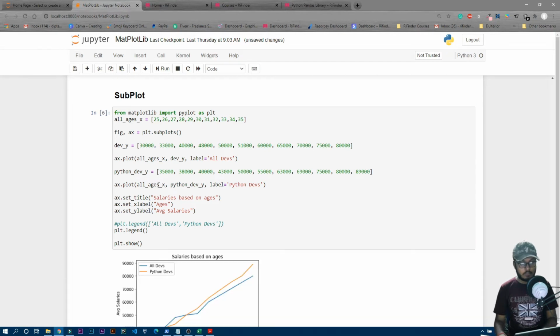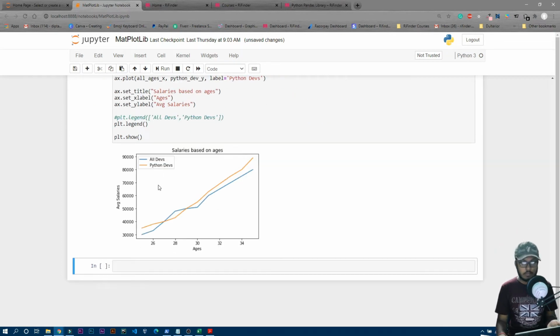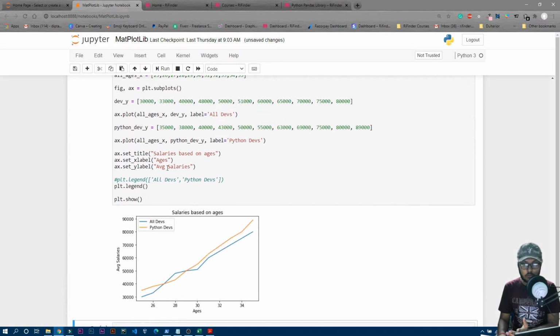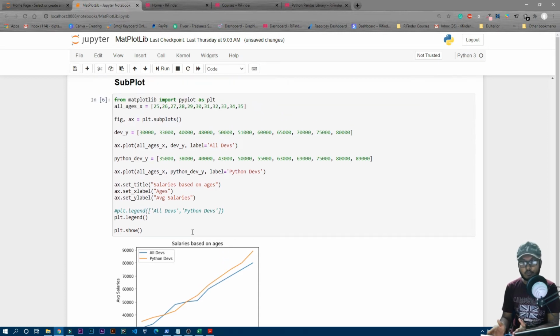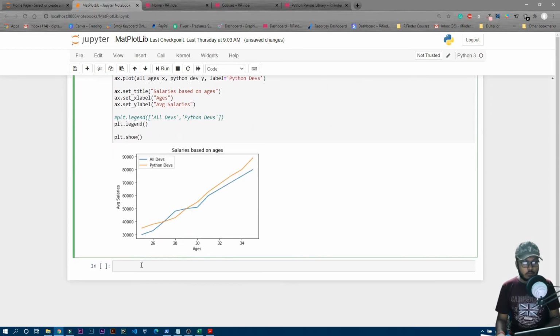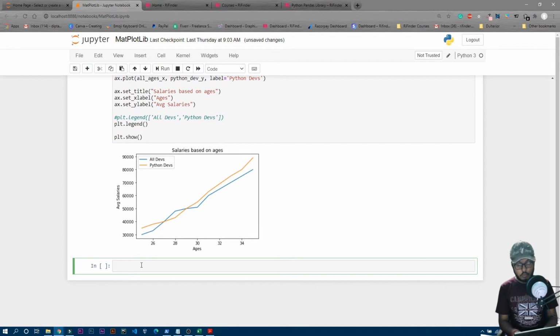Now if I run it, you can see there is no error. It ran the code and it is showing the same thing we saw when we ran the previous code. So why are we doing this? That is because it is not useful when you are making these two plots in a single plot. When you want to separate these two things, it's going to be really helpful. So let me quickly show you how it works. Let's go into the next cell.